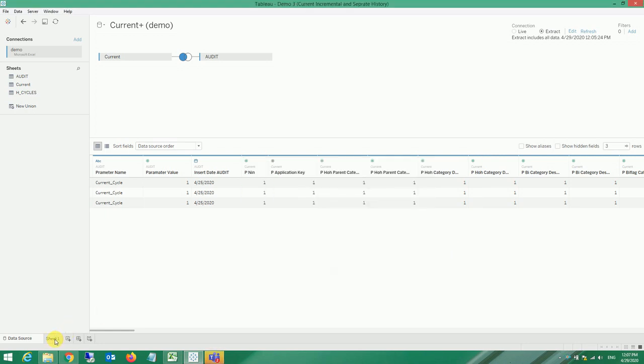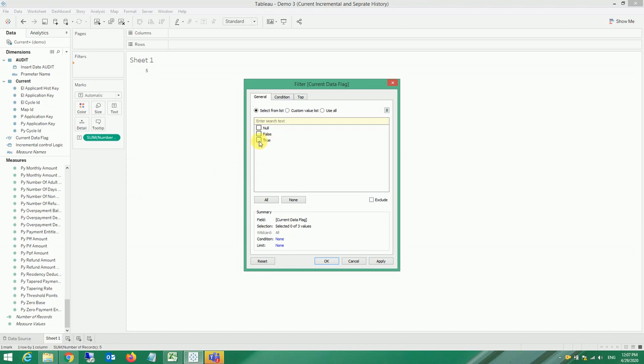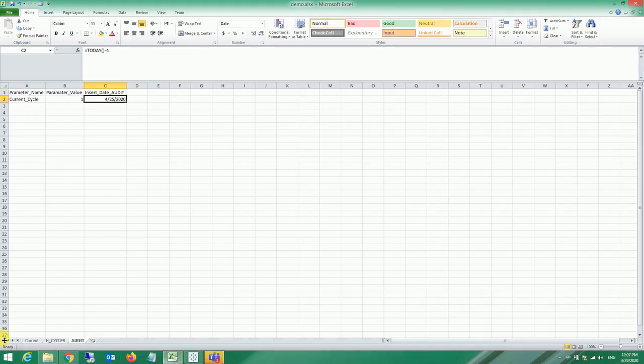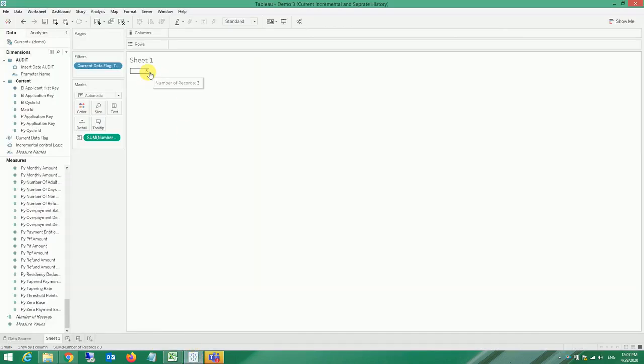So come to the dashboard once again and use this data flag and say true. It's a boolean flag. As I say true, it will represent only the latest record. If you see my current data, it has three records in the dashboard. Now, if there is a need to see the current record with the historical record, you get my point.